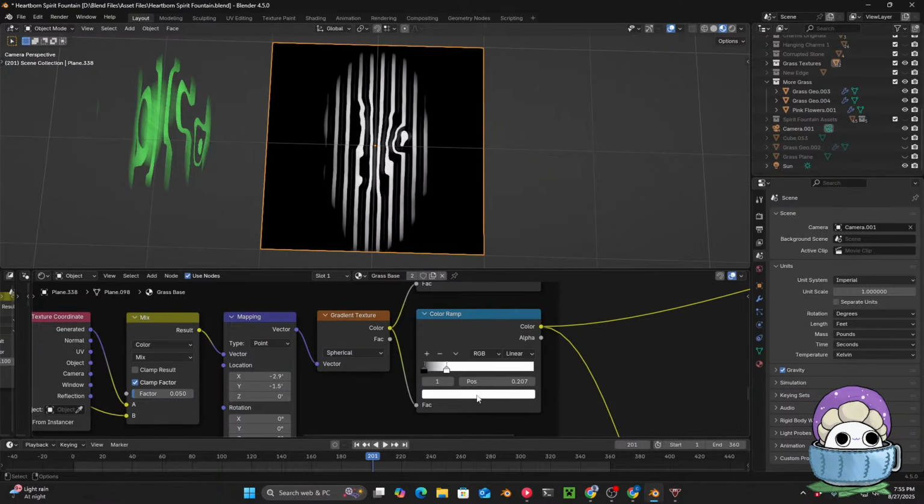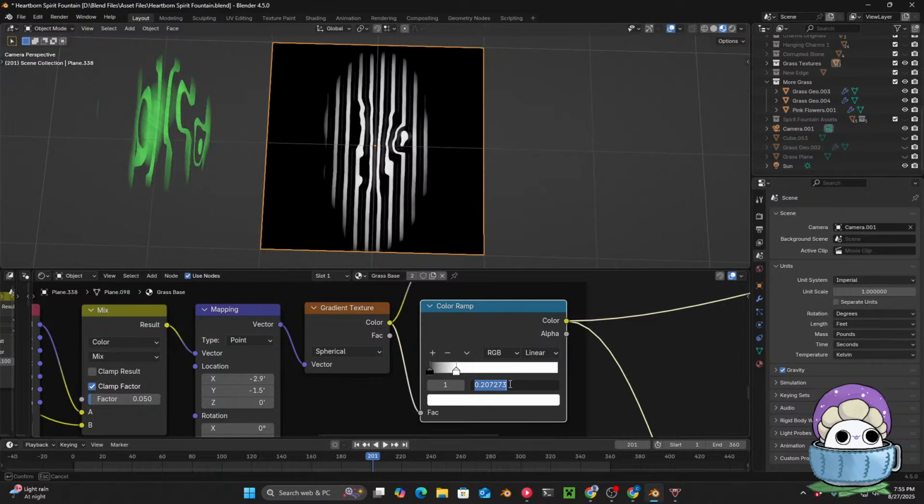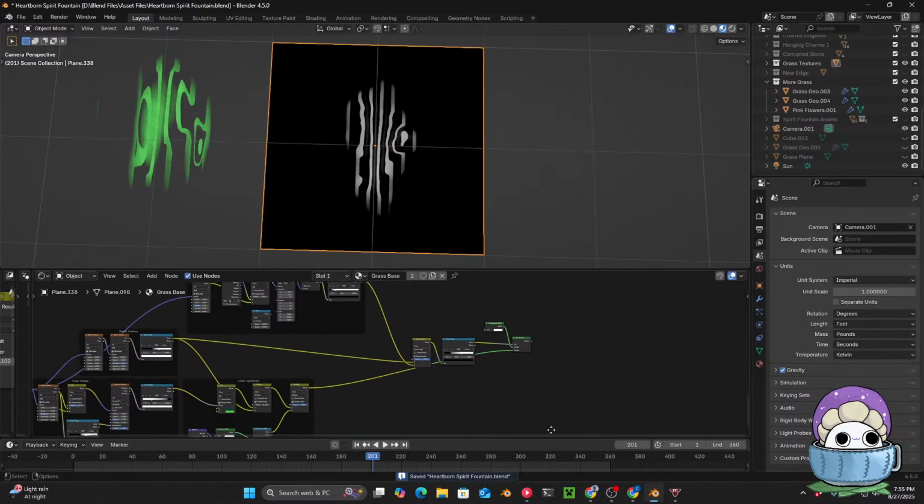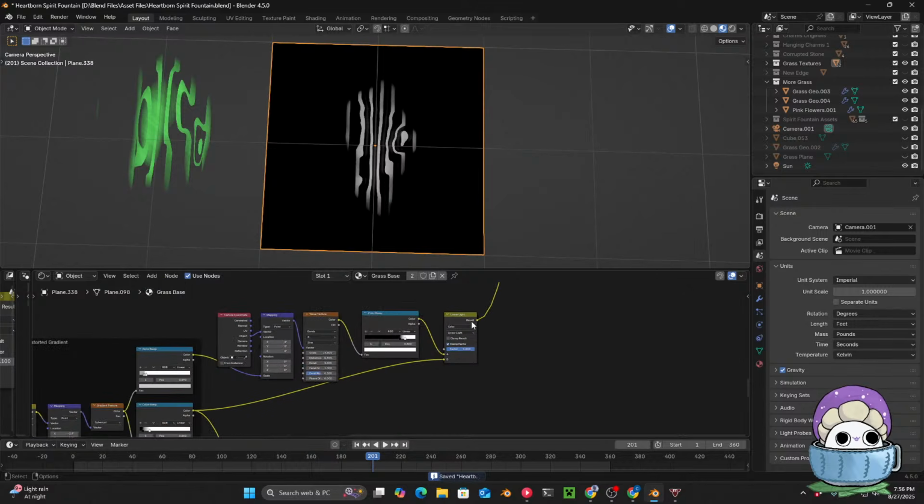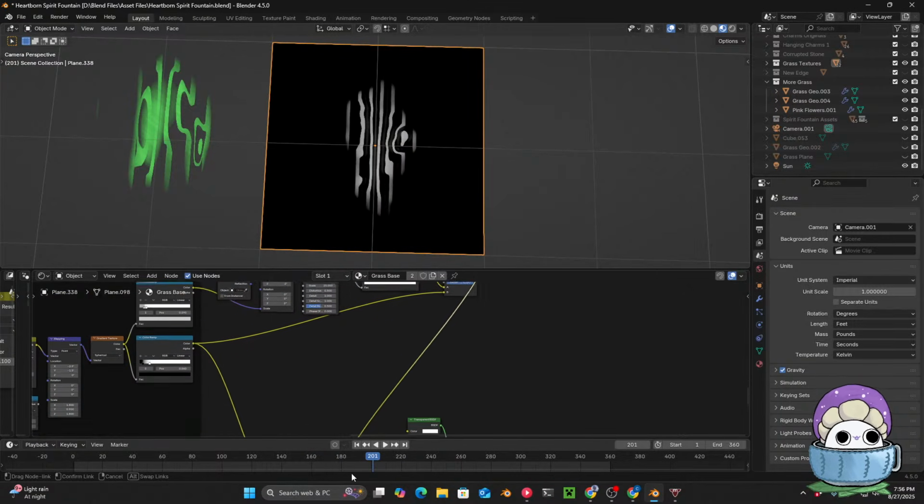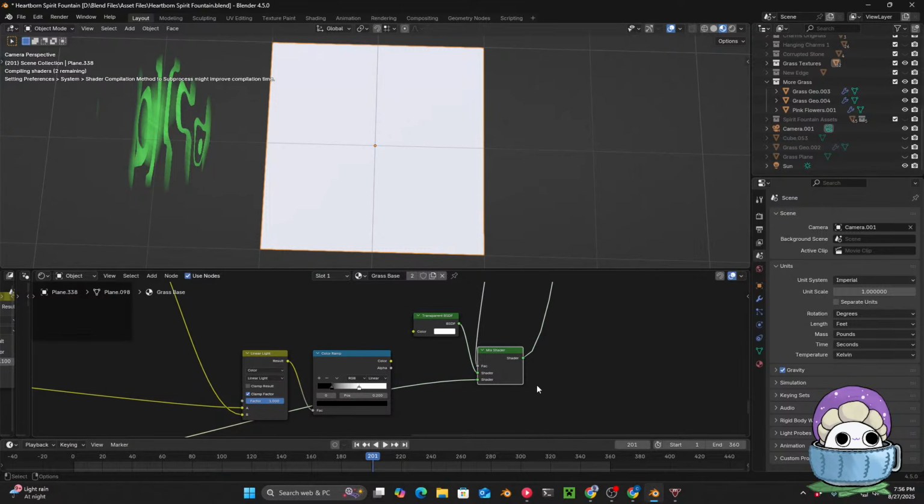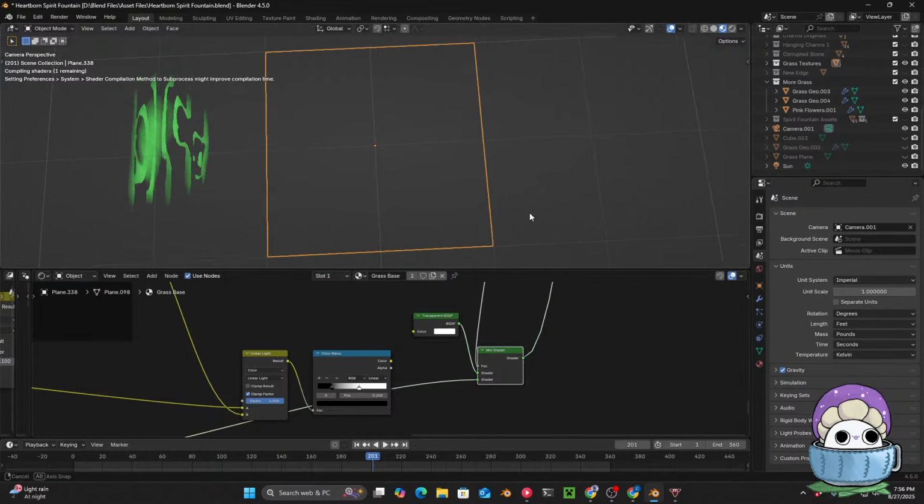Might need to do some cleanup with this here. So move the white color stop out to 0.2, and then the black color stop we might want to crank in a little bit more to be 0.06. That seems about right. Yeah, and then what we can do is connect the linear light mix color into the factor, and connect the mix shader. And once this loads,